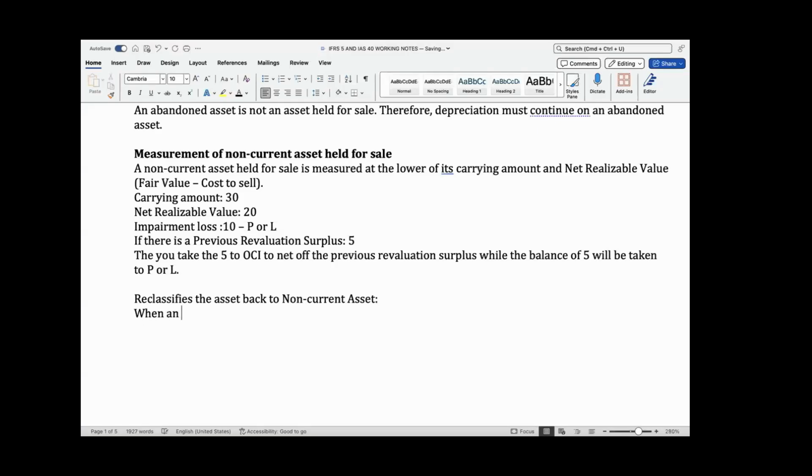So you see, when an asset is reclassified from held for sale to its normal non-current assets,